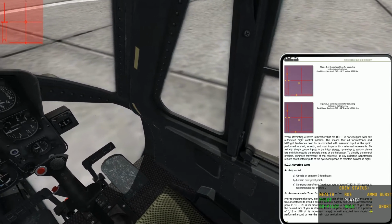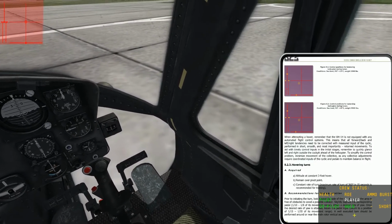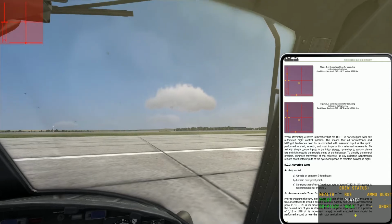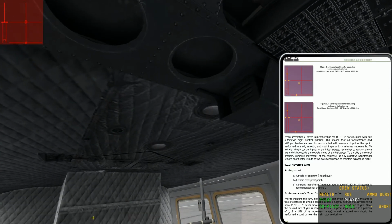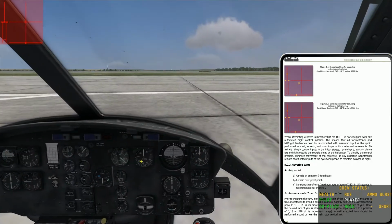Slightly depress the corresponding pedal. Once the desired rate is attained, lessen pedal input. A well-executed turn should be performed around or near the main rotor vertical axis. So that's saying that I should be turning around the rotor vertical axis, which is back here. So I want to...